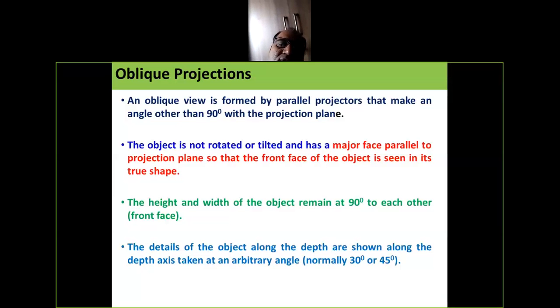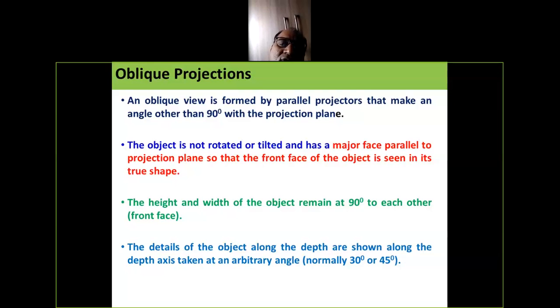The drawing method is that the oblique view is formed by parallel projectors that make an angle other than 90 degrees with the projection plane.